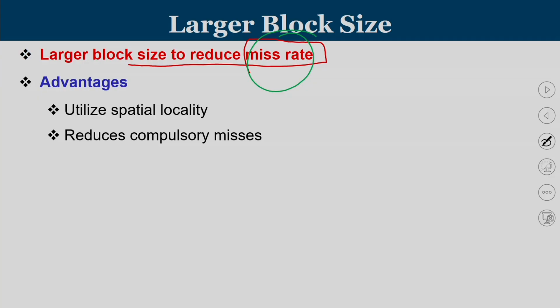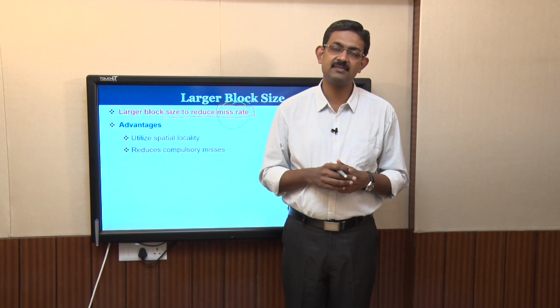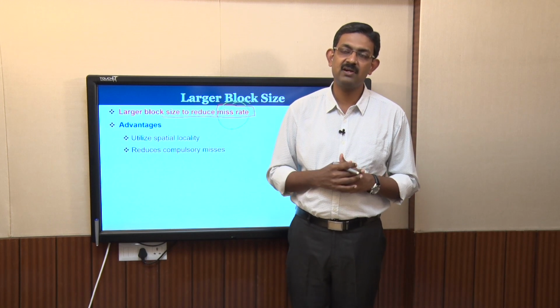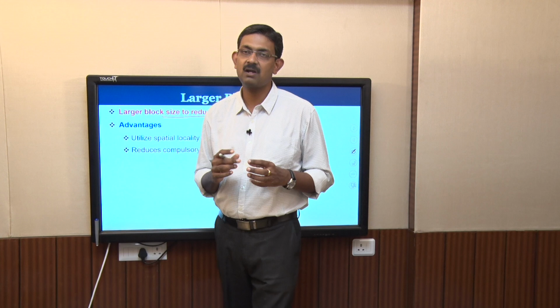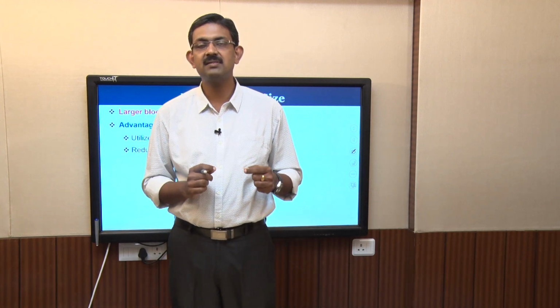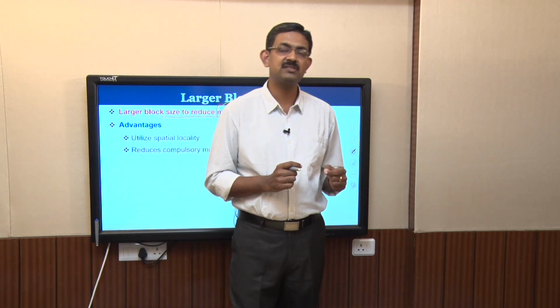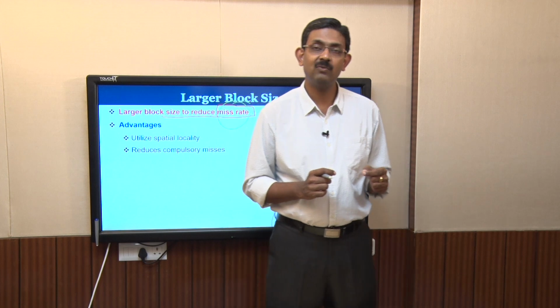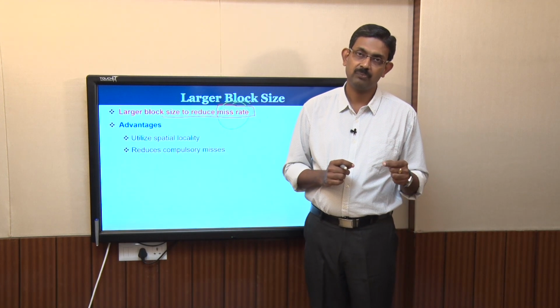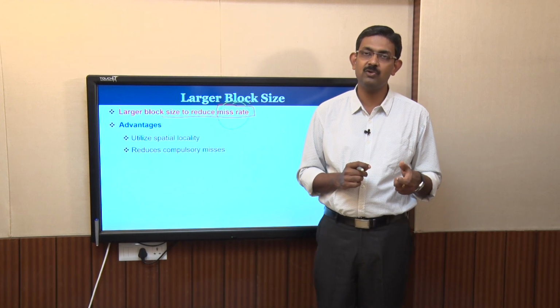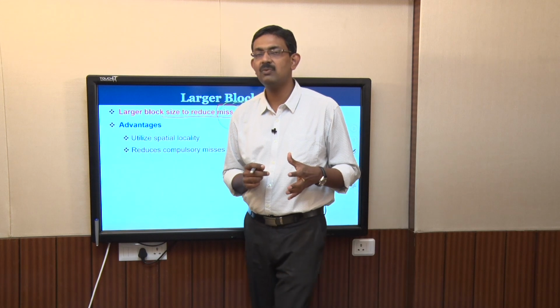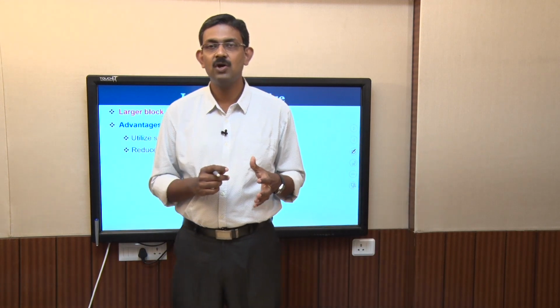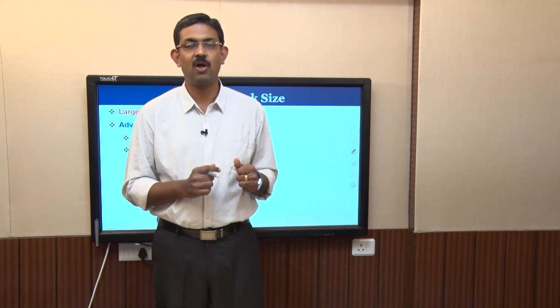The second point, the one that we addressed just now, is reduction of misses. And what are the categories of misses? We have seen in our last lecture that there are 3 different types of misses. The first one is called compulsory miss, the misses that are encountered on the very first access of a block. The second one is the capacity miss, which happens due to smaller cache sizes, and the third one is conflict miss, which happens when 2 addresses map into the same block.